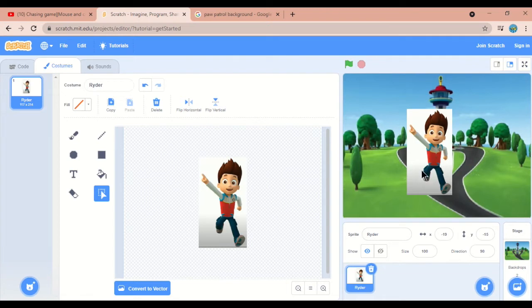Okay, so select this eraser and just erase it. Erase this background, that's it. Okay, but when you do this, you should be very careful. Otherwise there are more chances to remove the body part. Okay, so take your time and erase the background of this image.